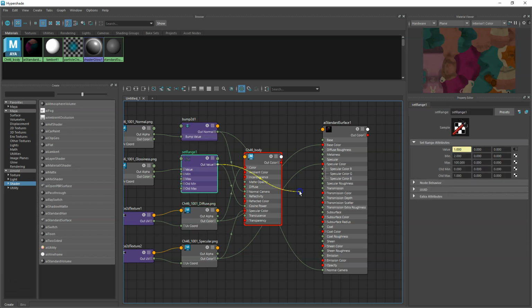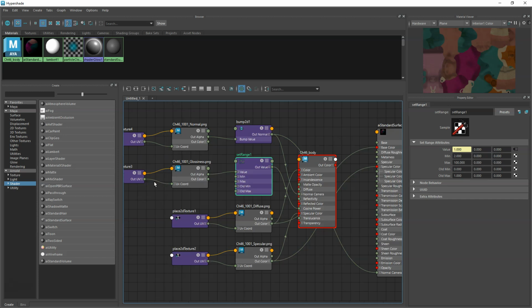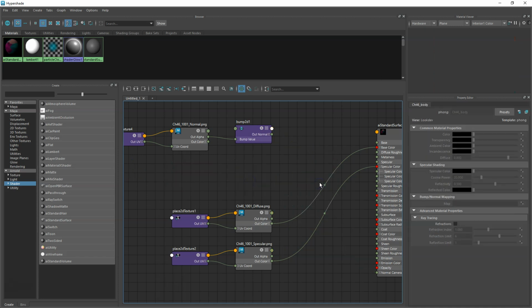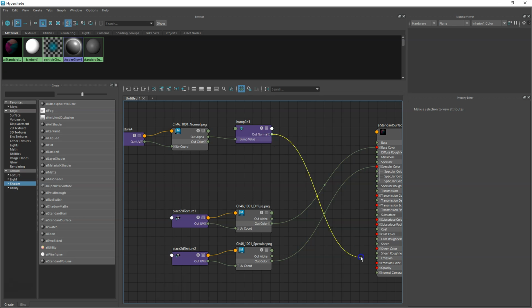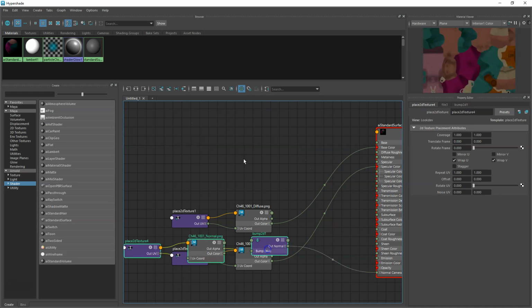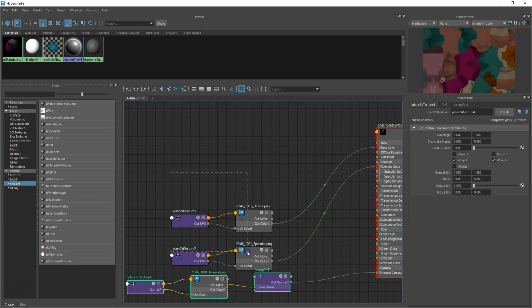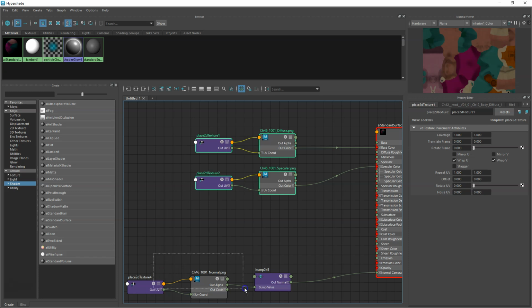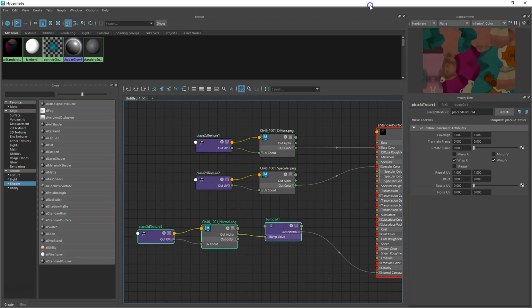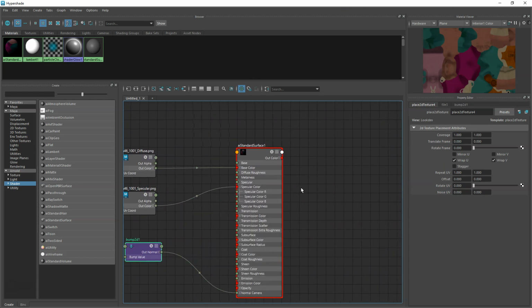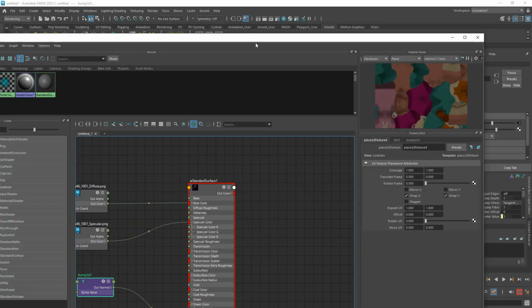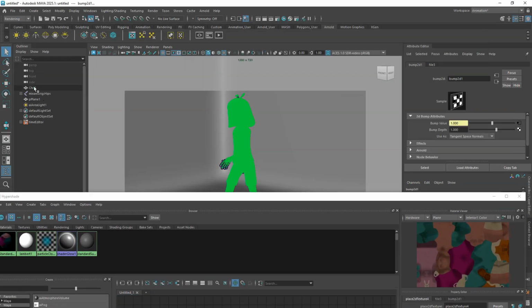I don't think I really need this glossiness. Actually, delete that bump. Okay, then we want to apply this to the character. So pick the character